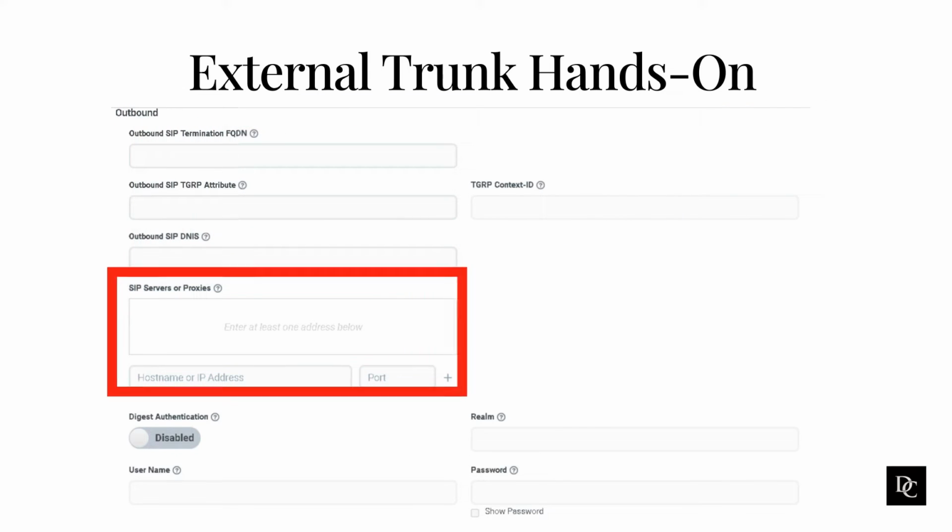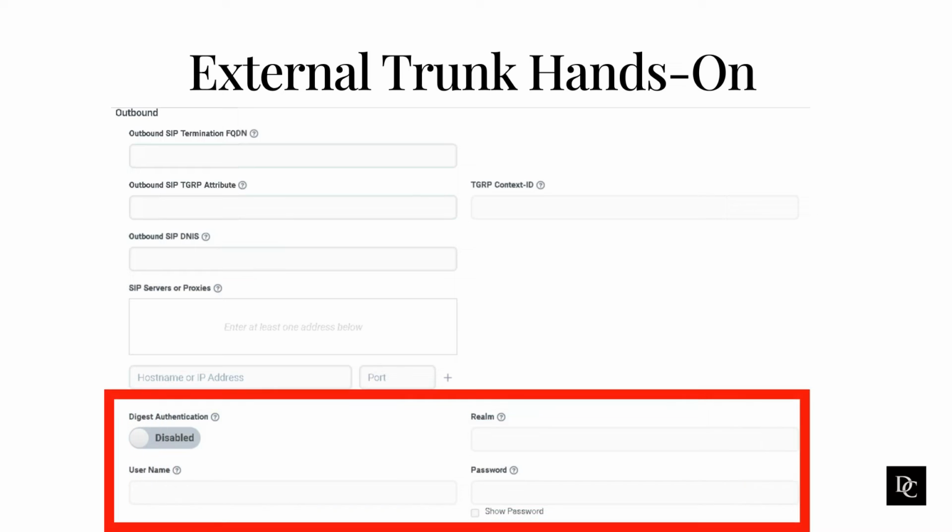To specify any SIP servers or proxies, enter a value in the hostname or IP address box, a port number in the port box, and click plus. Choose the appropriate digest authentication setting. If you enable digest authentication, you need to specify the associated realm and the username and password to use as